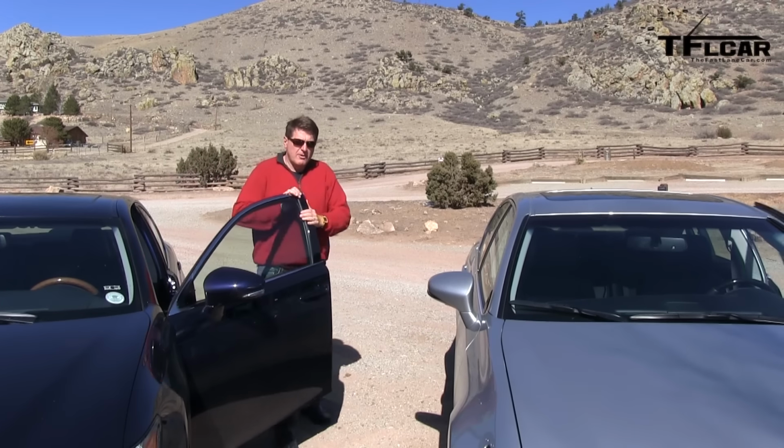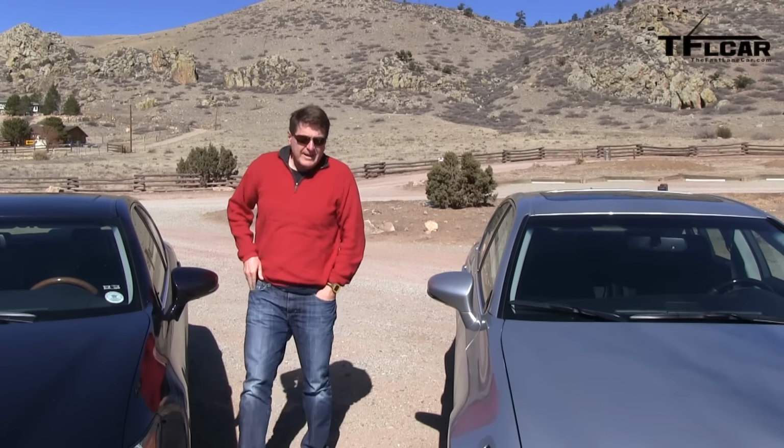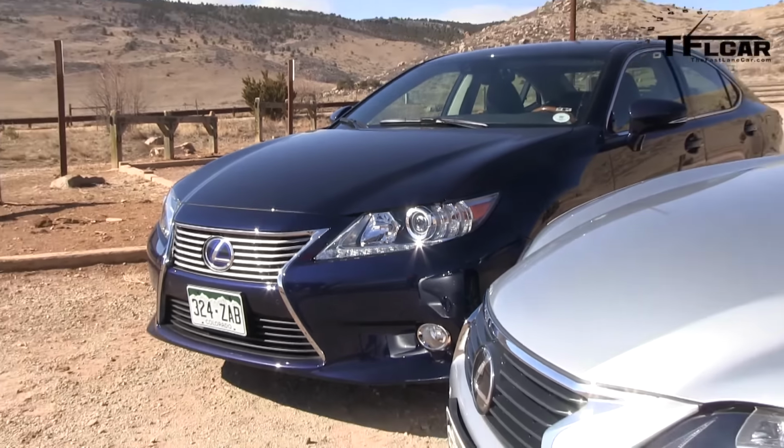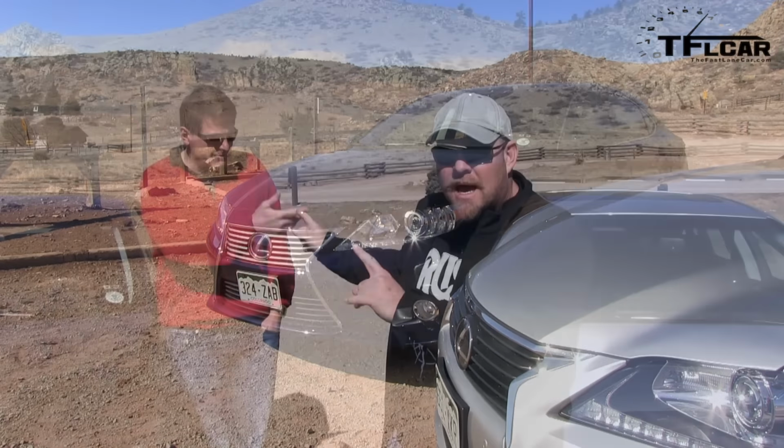Hello! We're back once again, and today's mashup is a fairly easy one. What's the best Lexus sedan? And of course the answer is this one. What? That's right, it's the 2013 Lexus ES 300H, and this is the best Lexus sedan, not whatever that thing